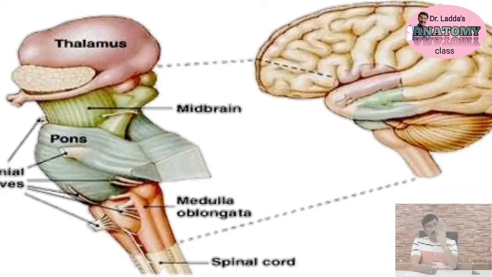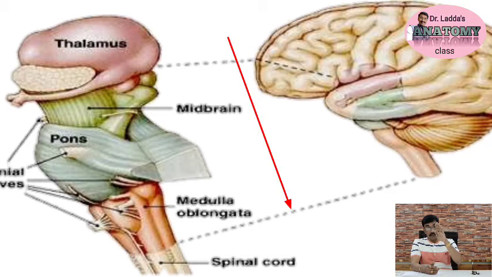Hi friends, in the last class we talked about the introductory part of the brainstem. Now, to understand the brainstem as a whole, we need to study, number one, the external features of the brainstem, and number two, the internal structures of the brainstem. That one can say cross section or transverse section of the brainstem. Before proceeding, let me explain: the brainstem is not in a straight line. It is oblique.